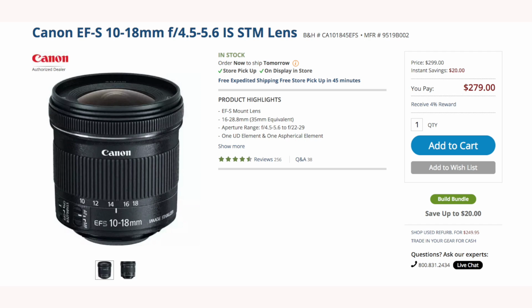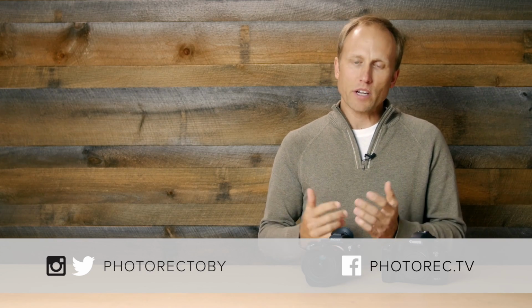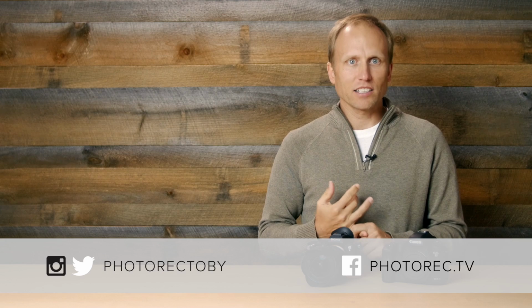Or the Canon 10-18, which is just as cheap, but don't try to shoot stars with that. I have. That lens starts at f4.5 and it's got a focus-by-wire system that makes it very tricky to get infinity focus in the dark. You can hear lots more about those lenses in my complete wide-angle review video that I'll link at the end of this. In quick summary, cheap, excellent for shooting the night sky,